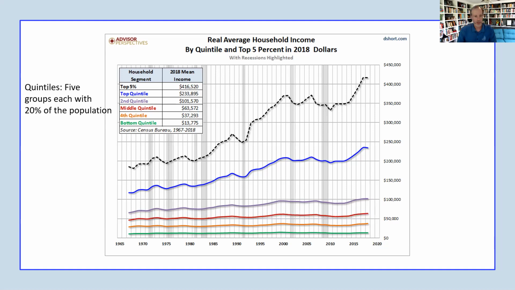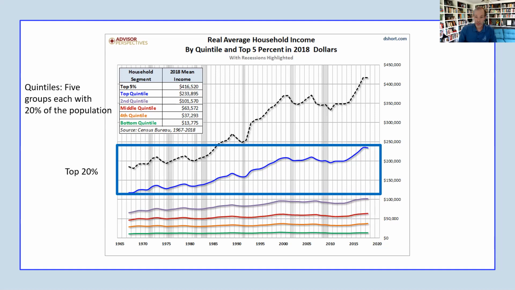Top 20%, it's increased a lot. So at the beginning of the chart, maybe $125,000, and now it's, I don't know, 220, 230, something like that. And so that's gone up. You can also see, if you look at the end of the chart here, the rich are significantly higher. This top 20% is significantly higher than even the next 20%, right? So the next quintile down, the average income is $100,000. Here it's more than double at, I don't know, 230.